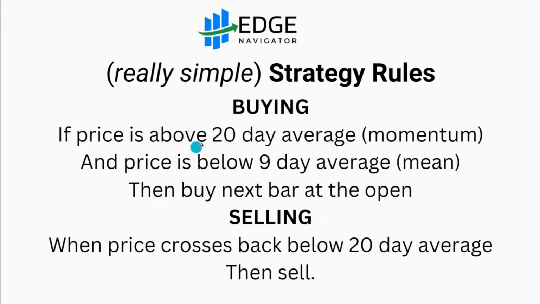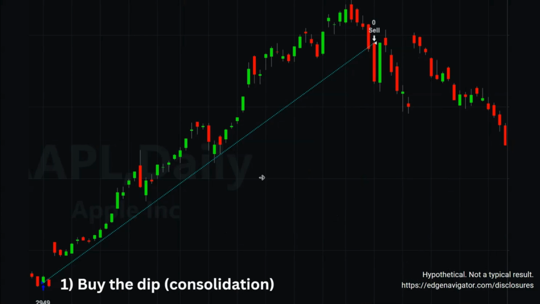Okay? So above the 20, we're ready to buy, but we're going to wait for the first dip. Then we're going to hold until it finally gets back below the 20, and that allows us to have some large trends. So here's an exact representation of this. Buying is right here at the left. This will be the sale, but we're going to number these out and show.